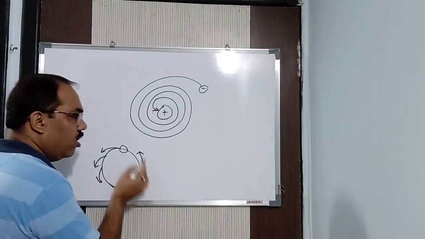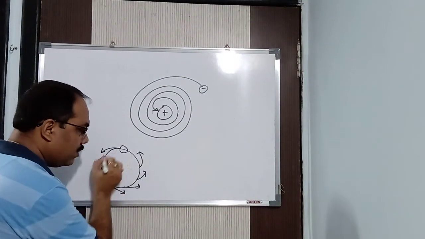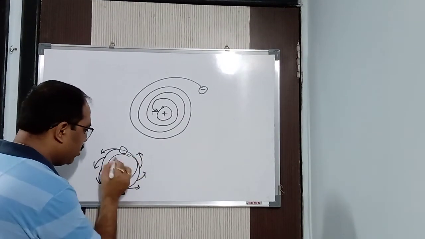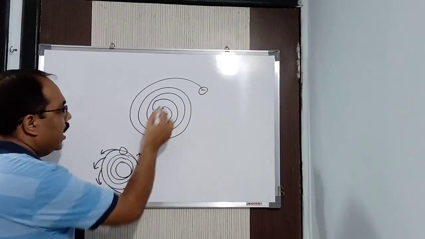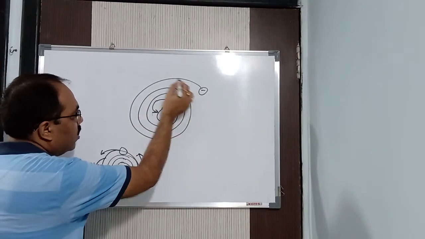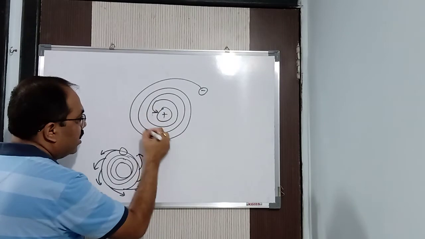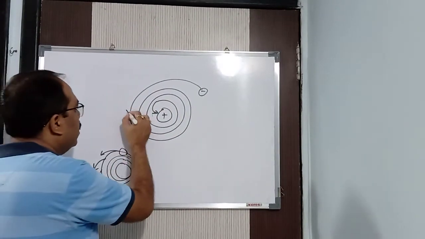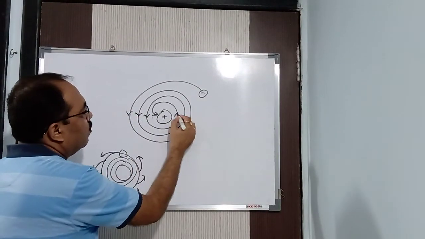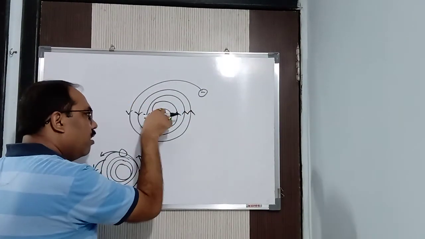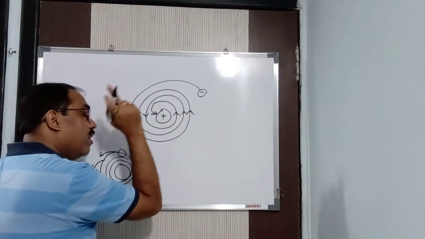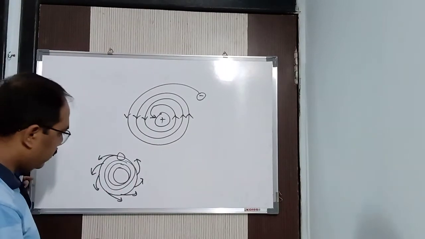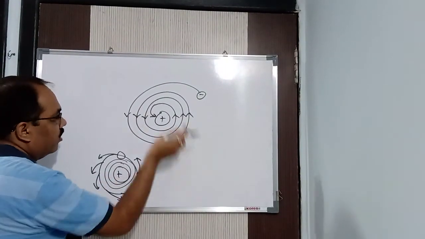Due to this loss in energy, as I already said, this path is made up of energy. Got it? So as the energy is being lost, the path gets shorter and shorter. It becomes smaller and smaller, as you can see I have drawn it here. The electron is moving and the path gets shorter and shorter. So ultimately it comes closer to the nucleus, and hence it will fall into the nucleus if an electron is moving in a circular path as suggested by Rutherford. It will fall into the nucleus and it will get destroyed.